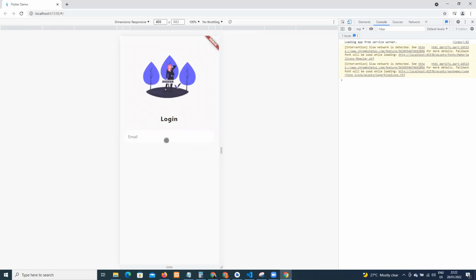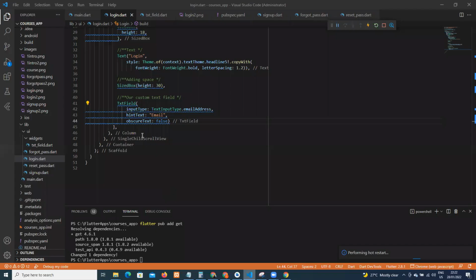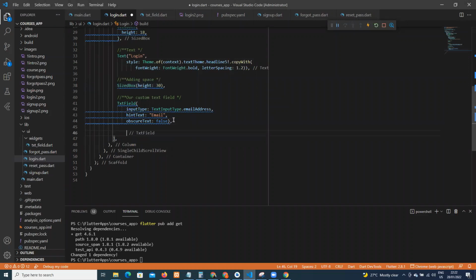Oh, that was a long one, but it saves you time, because anytime you want an input, you're just going to call on that TXT field. And let's now appreciate the beauty. So first of all, let's add a small size, and I'll just copy this, adding space so that we save on time, Control copy. Then after the text field, put a comma, press enter twice, at least some backspace, paste,